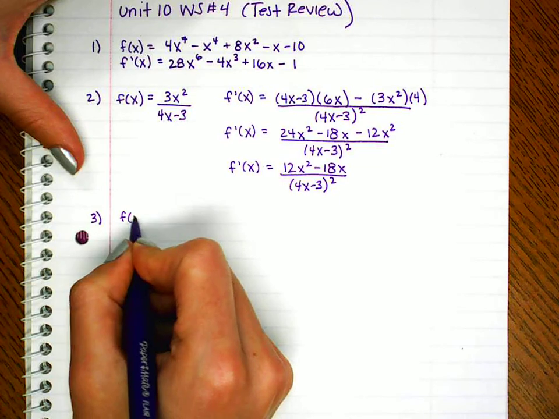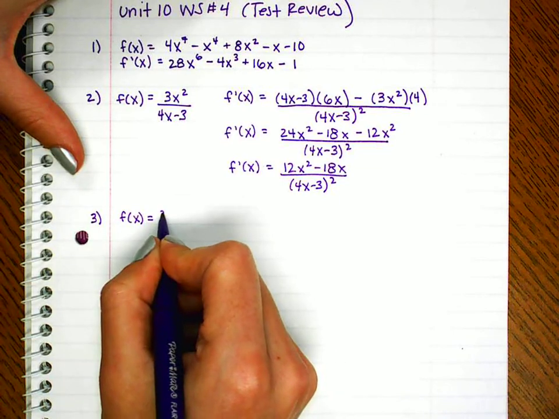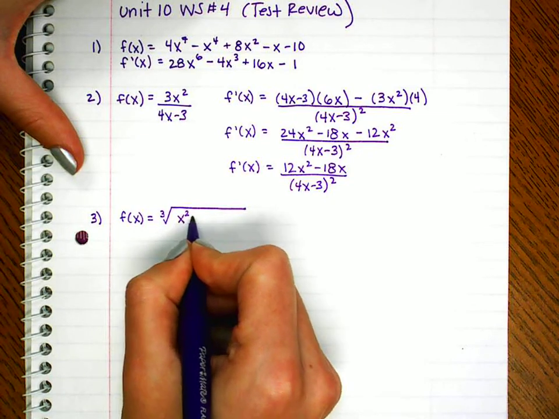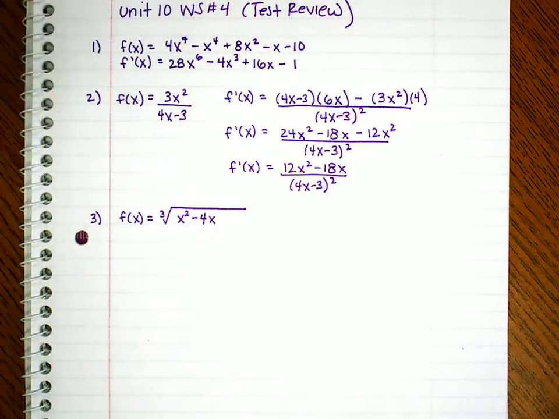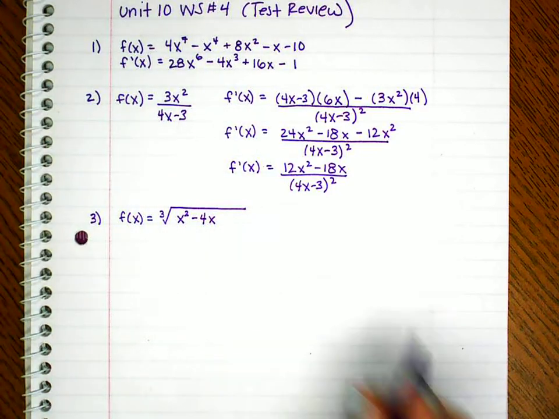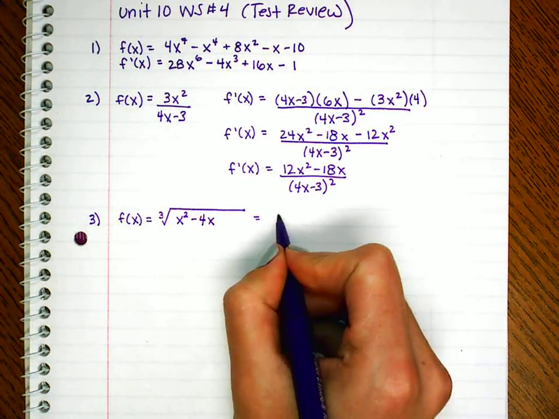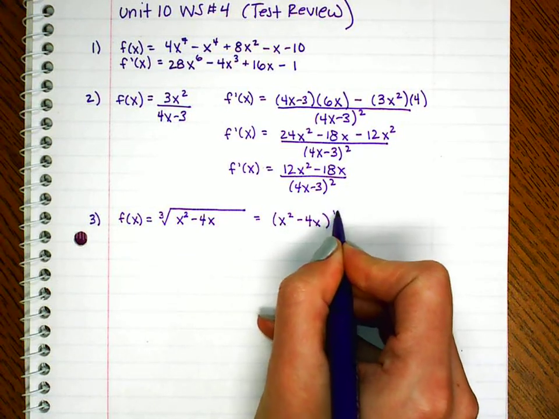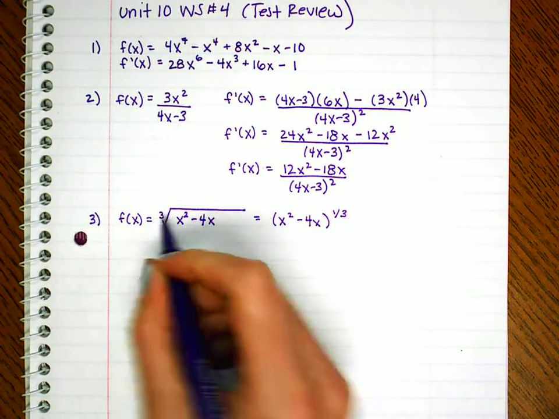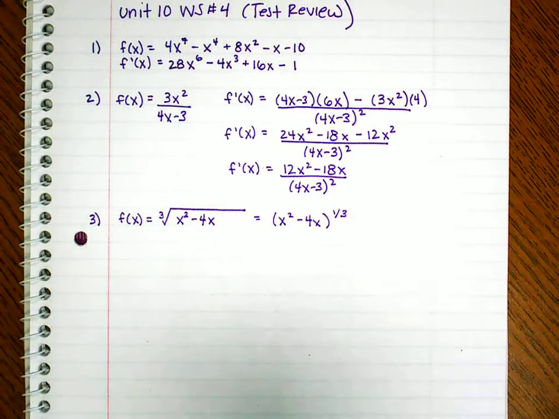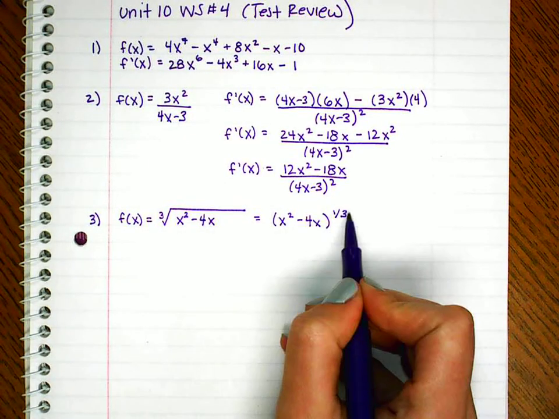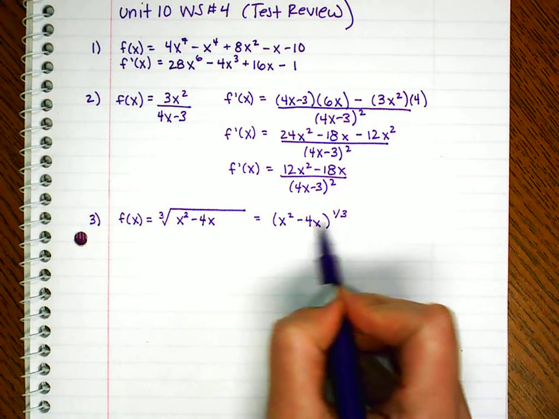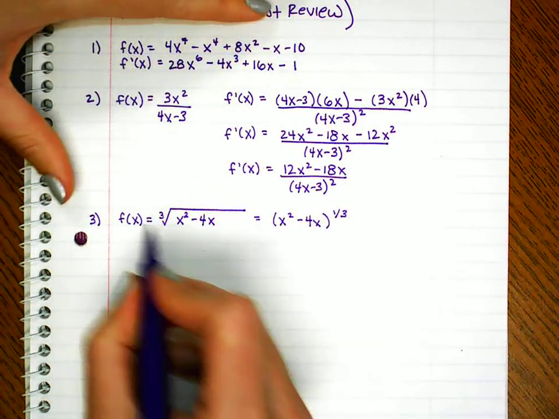Our function is the cube root of x squared minus 4x. Well, let's start by rewriting what this really is. I see this more as x squared minus 4x all raised to the 1/3. Remember, the cube root is 1/3 as our exponent. Well, I see now something raised to the 1/3. This is going to be a chain rule because it's not just x to the 1/3, it's something to the 1/3. So if I take the derivative,